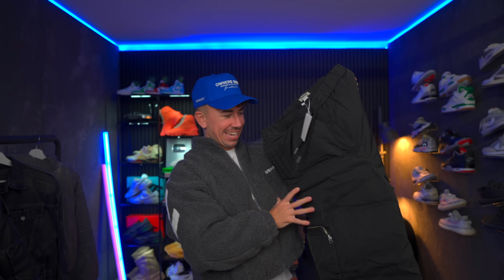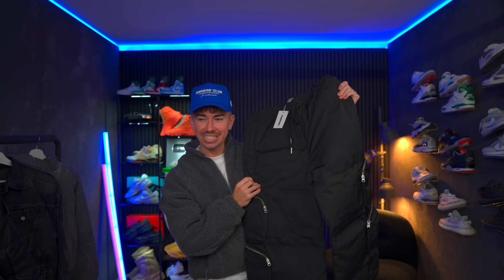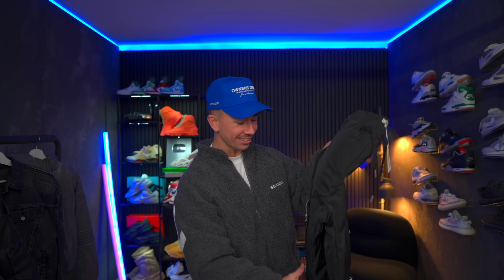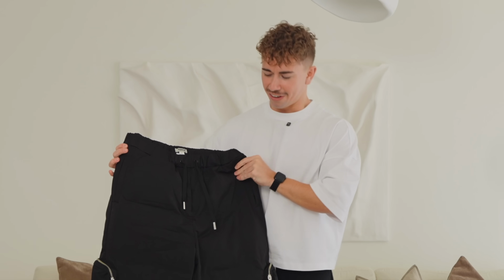Yo, okay. These are so thick and heavy. These are the puffer pants. I did not expect them to be this heavy. Like, I'm actually getting a little bit fatigued in my shoulder holding these things up. These are going to be very interesting to try on. All right, let's try on